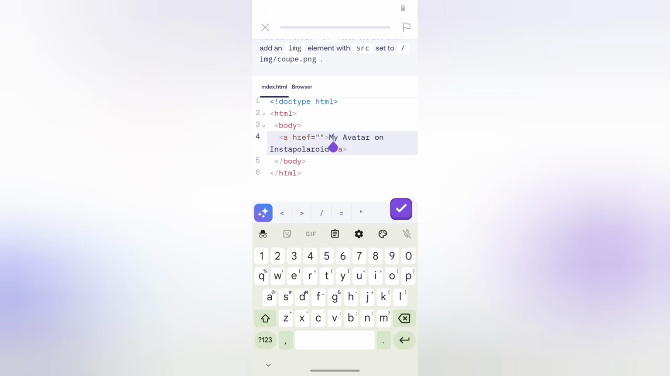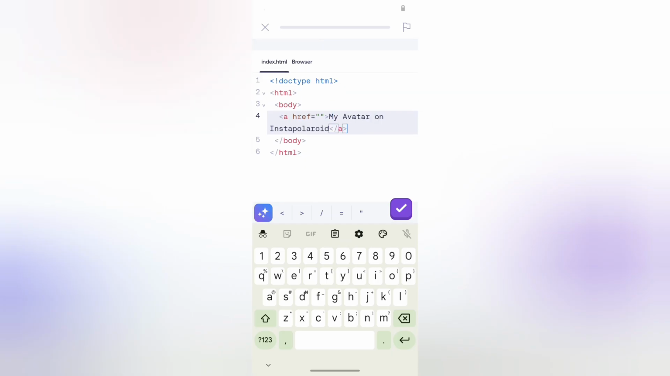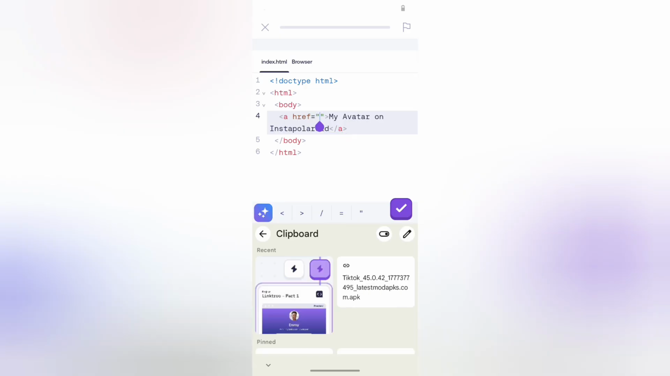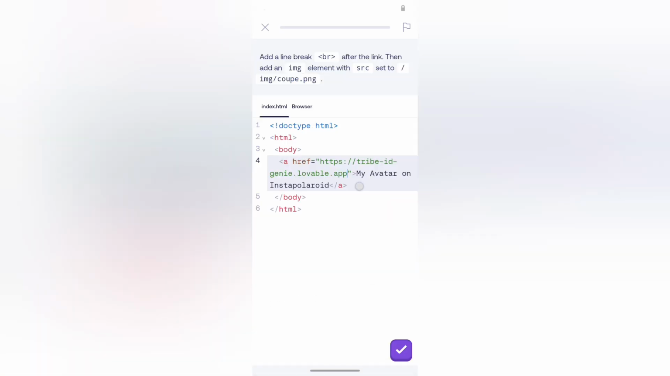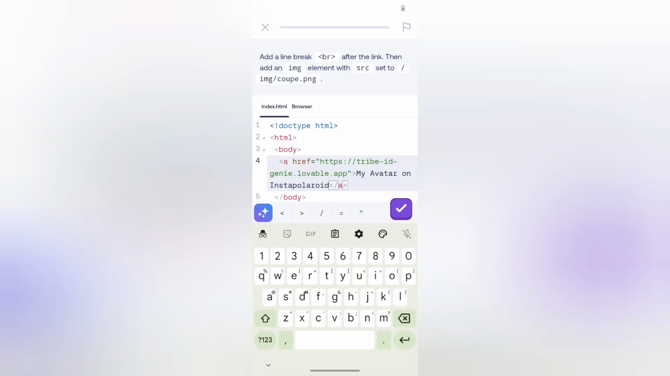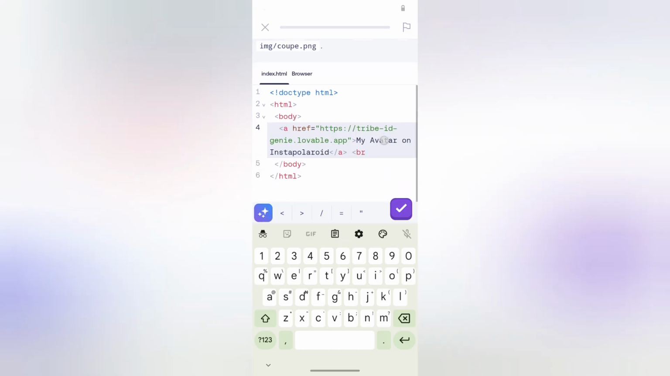So they did not even tell you that you should add a link, but they are telling you add a line break after your link. So you have to put a link inside that href attribute. So let me go to my clipboard. Yes, you can get link from anywhere I've told you. Then you now add a line break. This way you now add a line break before you code for your image. So this is the break tag,